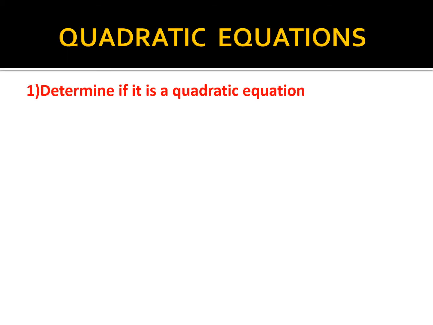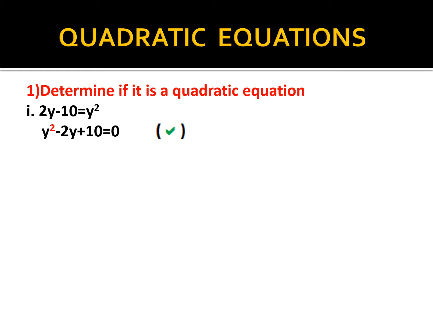So what is a quadratic equation? Any quadratic equation has the highest degree 2, that is y squared, m squared, a squared and so on. We bring all the terms to one side, therefore y squared plus 2y becomes minus 2y and minus 10 becomes plus 10 is equal to 0. When we observe, we find that the highest degree in this equation is 2. Therefore, it is a quadratic equation.